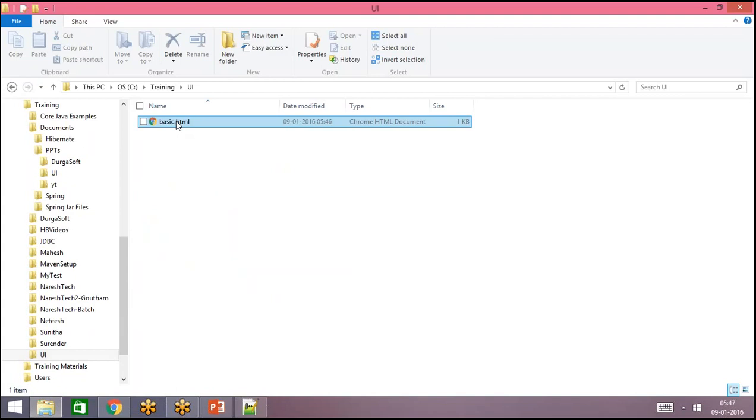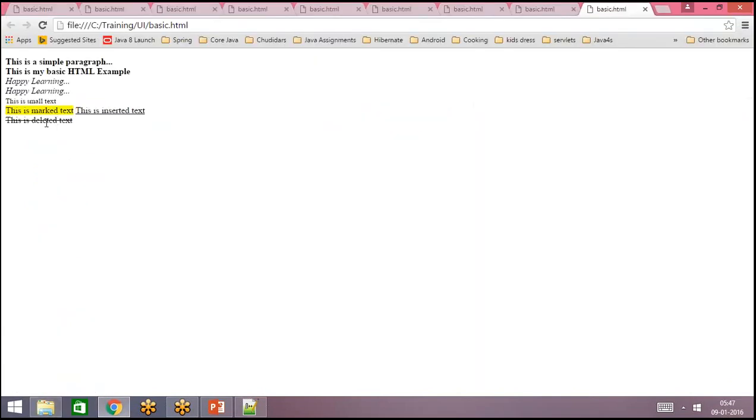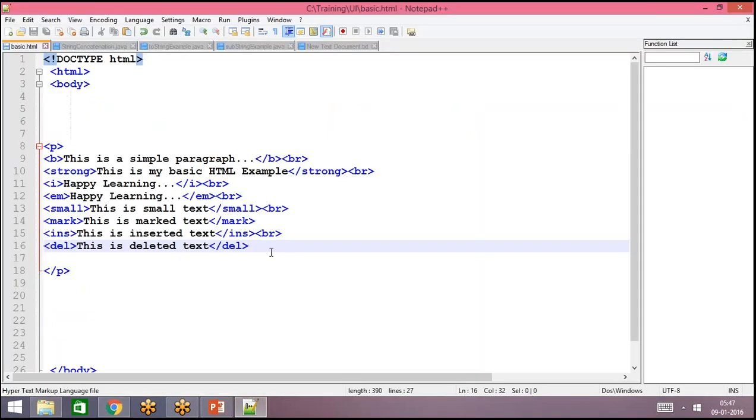Generally in any website, if any information is outdated, then after developing the website, instead of completely removing the statement, we can just mark it as deleted text by adding the del element. So the deleted text will be shown in this way. The line will be added across the complete word. So this is the syntax to show the deleted text.